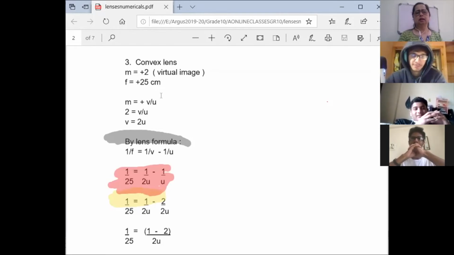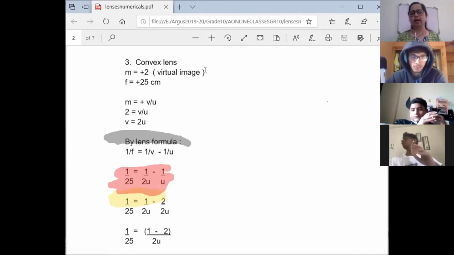This focal length. Now see, magnification is +2. Why did I take magnification as +2? Please listen to me. Magnification I have taken +2 for two reasons. First, the image is twice the size, so it is double, so magnification has to be 2. But whether it has to be plus or minus will decide whether the image is virtual or real.